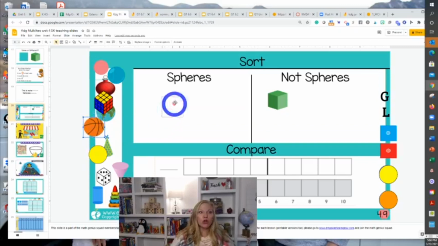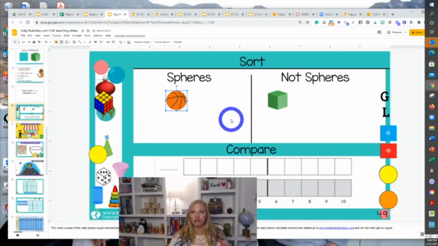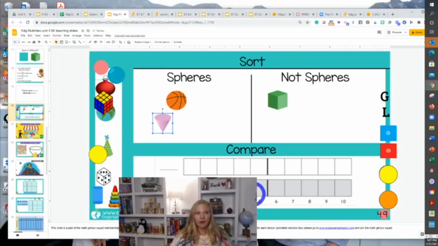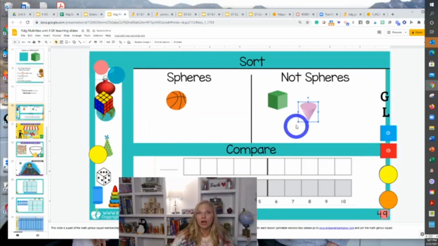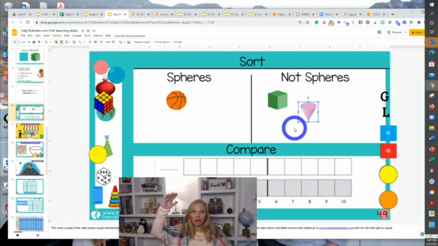Okay, so for example, this is a sphere. Great. How do you know it's a sphere? And now we can list the attributes of a sphere. What about this? Sphere, not sphere. Well, it's not a sphere. Why is it not a sphere? And now they can say, well, it has one corner. It has a round side. It has, or it doesn't have, whatever. So we can talk about these different attributes, but having them explain why it isn't is boosting our math talk,